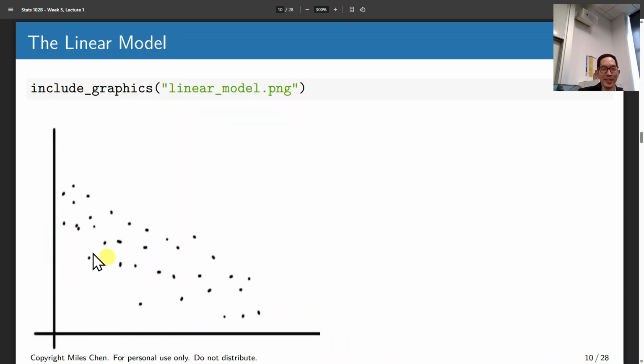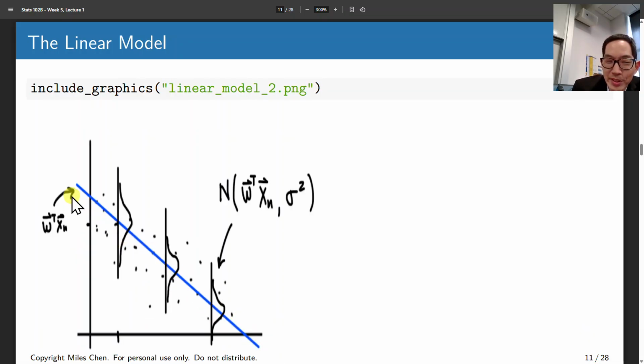All right, and so here's just a plot of some dots here, and the idea is we're going to fit a model, okay? And so our fitted line might look like this, and the idea here is at any value x that we can plug in, our regression line, our predictions will be centered at that regression line, and you can imagine a normal distribution that is centered at the prediction, and therefore the actual values that we observe,